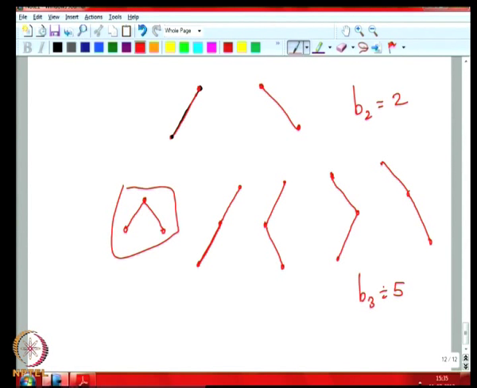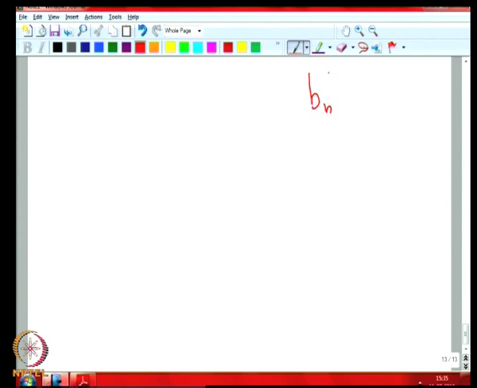So, you can check how much is B4, right. See whether it is 14 or not. That will give you some experience in drawing this thing. Next one, we want to get a general formula for this, namely Bn. So before going further, let us discuss what can be B0. B0 is when there are no vertices. So we can either say it's 0 or 1, but we will decide to say 1 because we want to write a recurrence relation. So we say that there is an empty tree, right.